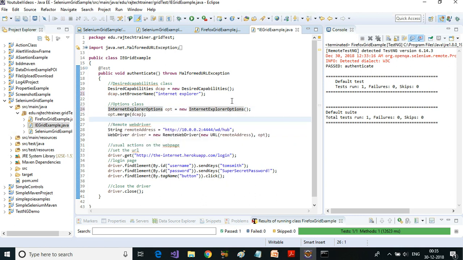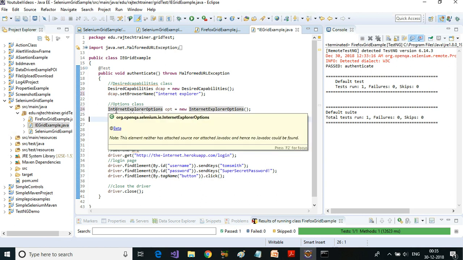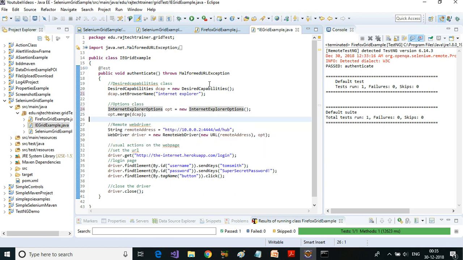That's it. So only 2 things I changed. One is I set the browser name, the other one is, instead of Chrome options, I am using Internet Explorer options. Okay, let us save this and run this test.